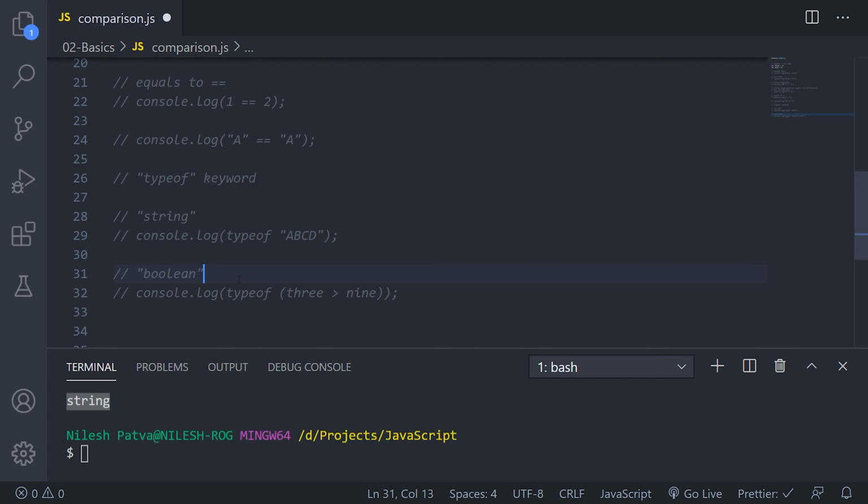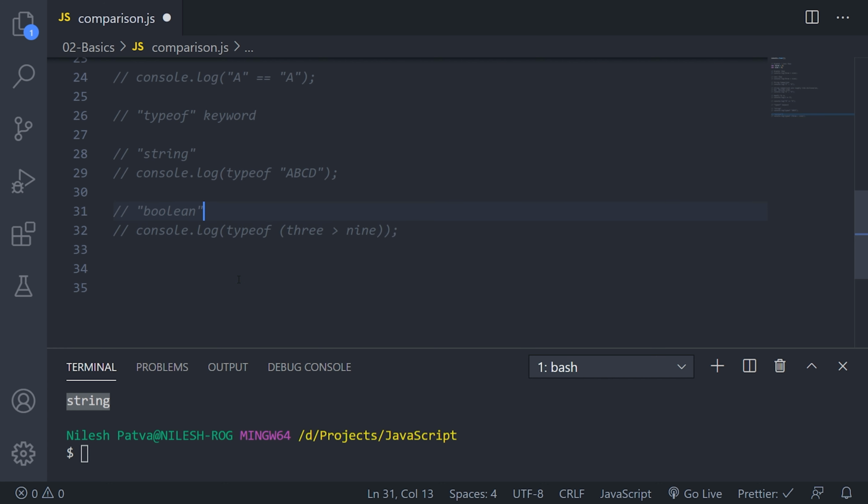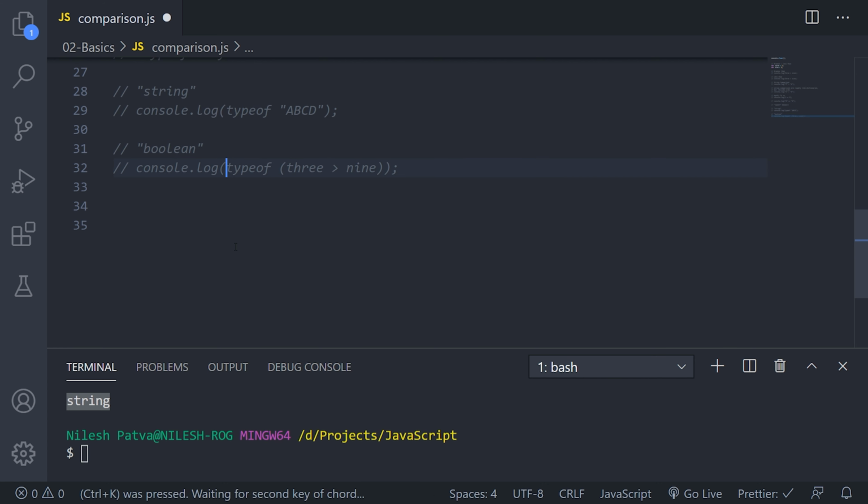Now see the boolean type. We have seen this comparison earlier. 3 is greater than 9, which results in a boolean value, which is false. We'll check the type of this value by using the typeof keyword. We can check the type of this resulting value.